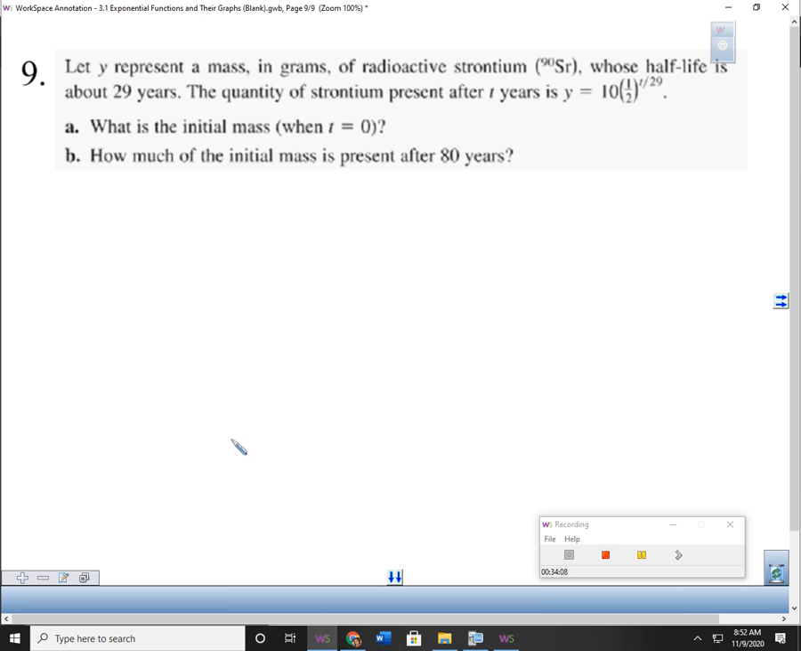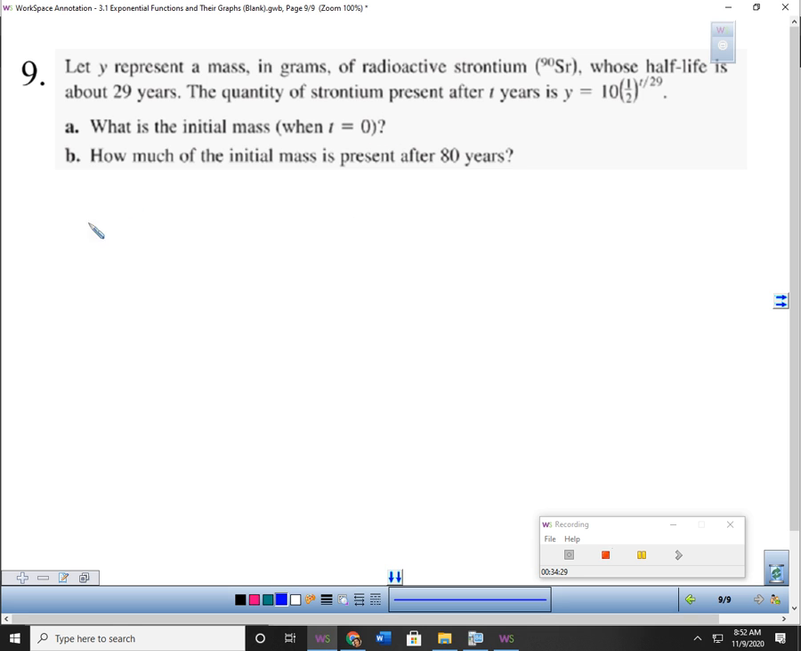All right, 9. Let Y represent a mass in grams of radioactive strontium, whose half-life is about 29 years. The quantity of strontium present after T years is Y equals 10 times 1/2 to the T divided by 29. What is the initial mass? Okay, anytime they ask for the initial, that's when you have not had any time pass, right? What's the initial amount of flies? What's the initial amount of money? What's the initial? That's when